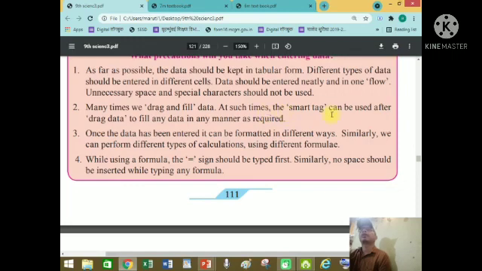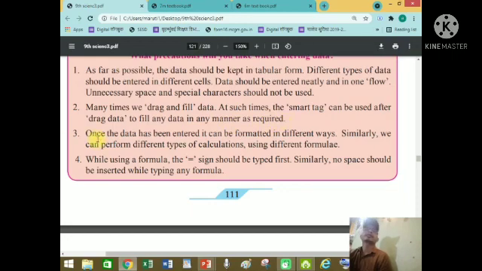Such time the smart tag can be used after drag data to fill any data in the manner as required. This is an important part of entering data. Fill any data in any manner as required.